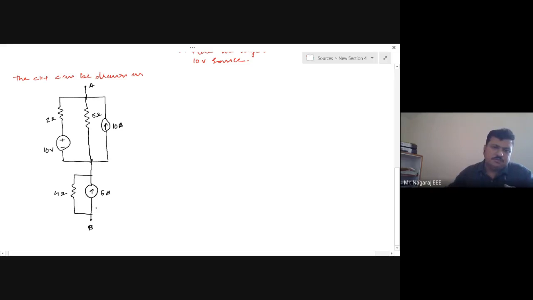So now what I will do, because I want a voltage source between A and B, and between A and B there are two series circuits. This upper combination is in series with this lower combination. So when there are two series circuits, I can make both of them into voltage sources, and equivalently I can take very easily. So first what I will do, I will convert 6 ampere 4 ohms into a voltage source. I will keep it as it is till the last step. And I will convert 10 volt 2 ohm into a current source and take the equivalent with the other current source already existing. Then later I will convert it into voltage source.